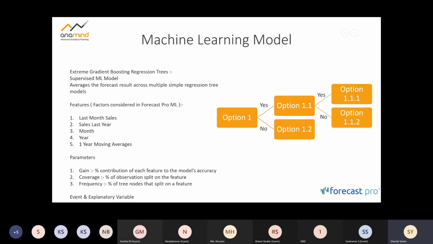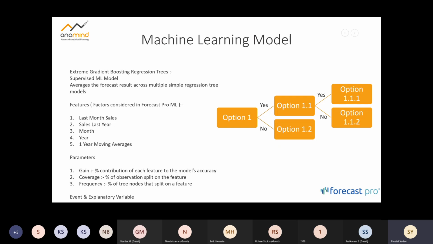And this option was selected based on the results of the Makridakis competition, which was held in 2019, I suppose. Yes. And the M5 competition, which is a global forecasting competition. So based on the results, where a lot of companies would come and use their forecasting technique and see what model is giving the best result, the Forecast Pro team realized that this particular method can actually help in overall improvement of your forecast accuracy.